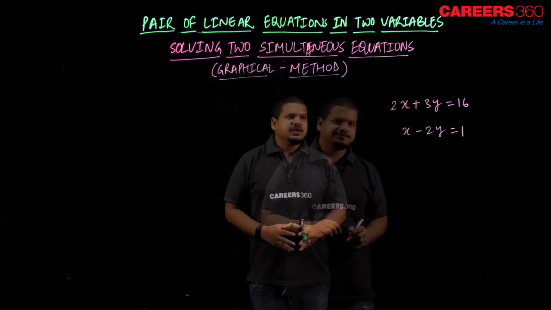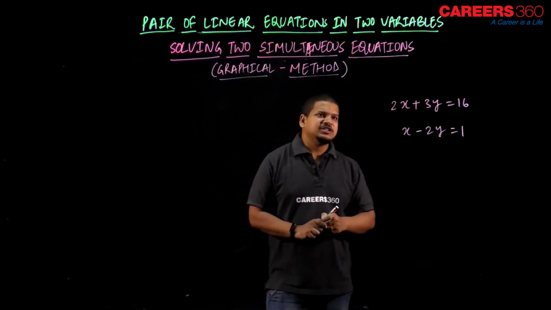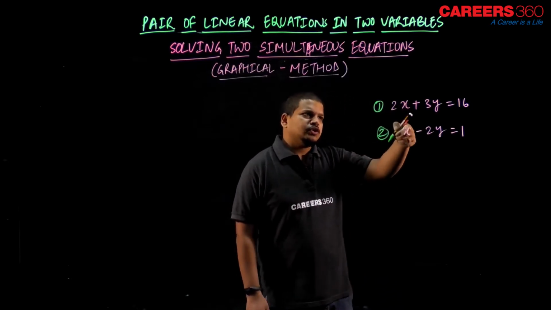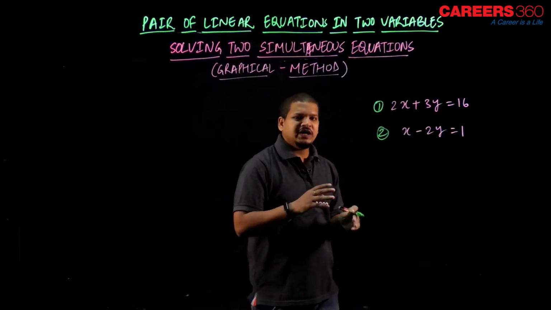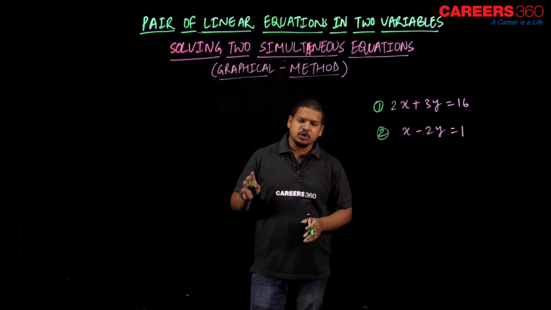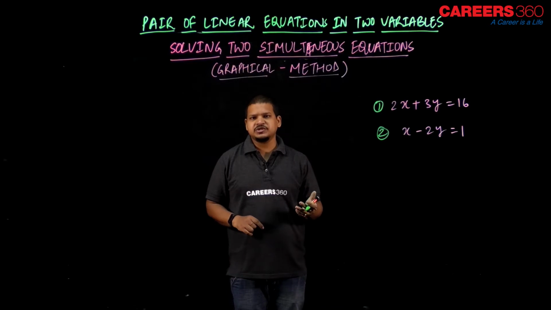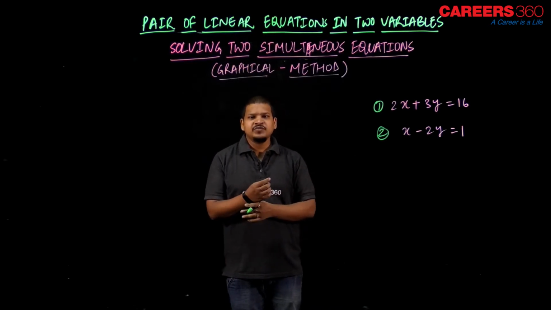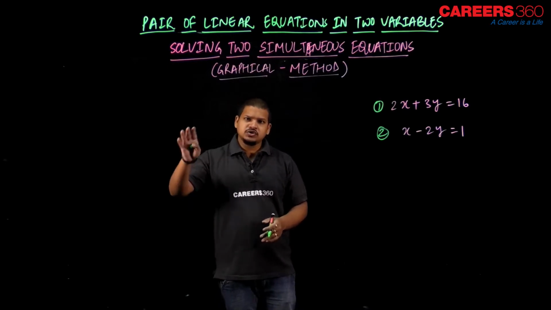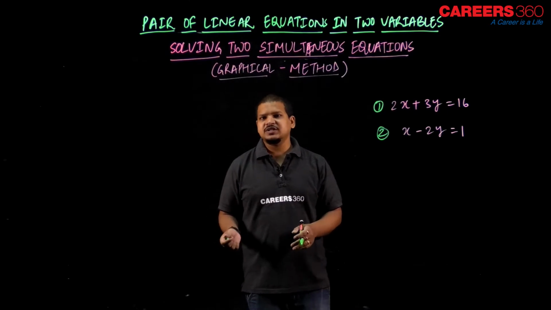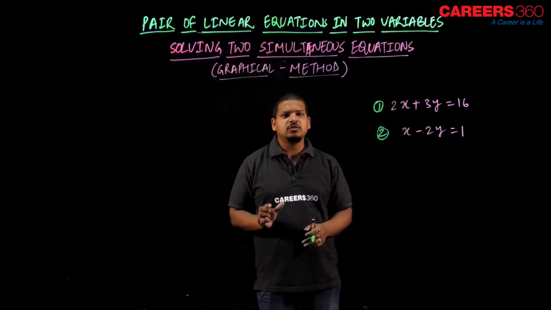to 1. Now, if you want to solve these two simultaneous equations, then step number 1 would be that you need to draw the graphs of these two equations. And in the previous chapter, where we were learning the graphical representation of polynomials, the roots, when we were finding the zeros of a polynomial, we also saw the graphical representation of various polynomials. And in that lesson we learned how to form a graph of a particular equation, right?